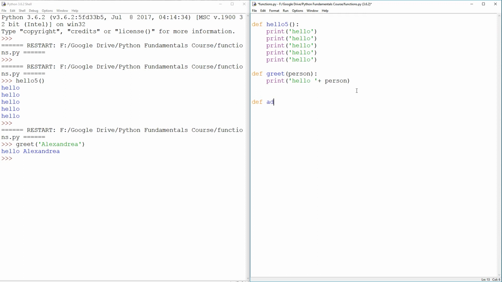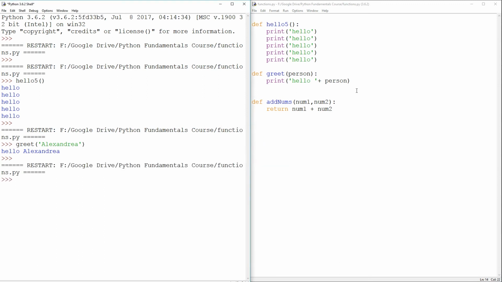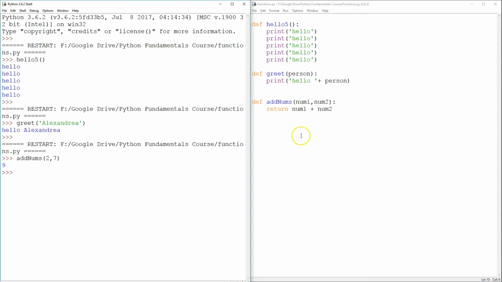So we can say def add nums. And we can have num1, num2. And so we can return num1 plus num2. Add nums 2, 7. That's going to return a 9. Well, that works. So one very, very important point that I have to make here is if we ran this